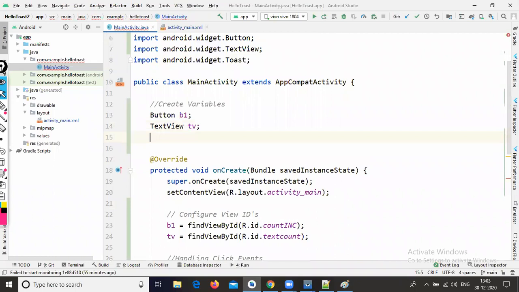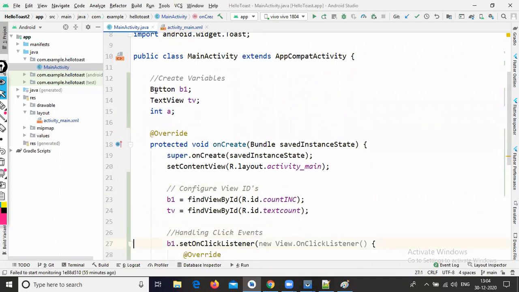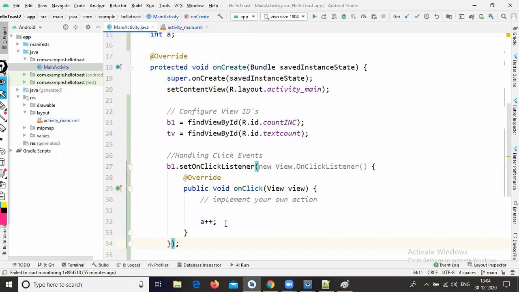I'm creating the global variable int a here. Now it is accepting. So a plus plus.